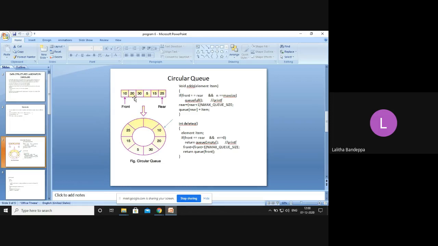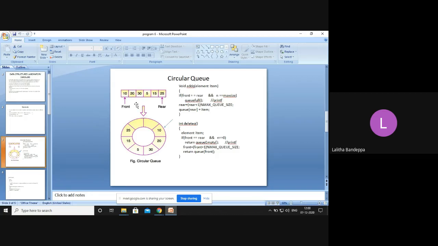To overcome this disadvantage, we use circular queue. You can do it in two methods: you can shift, or you can use the circular representation.